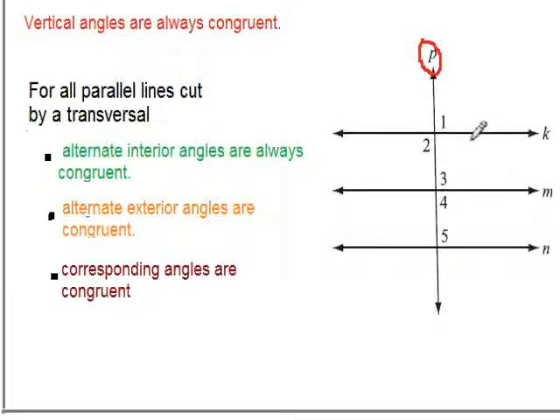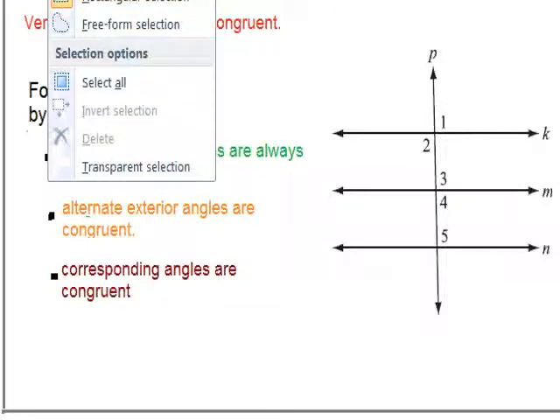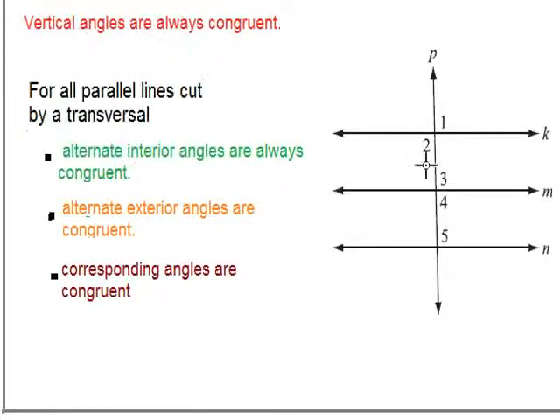So corresponding angles, which ones are those? Well, 1 corresponds to angle 3. 3 corresponds to angle 5. And the way I like to think of it is that if I cut out one set of angles and laid them on top of the other, what would happen in the same place? By that I mean, if I cut this out, right, and laid it on top,